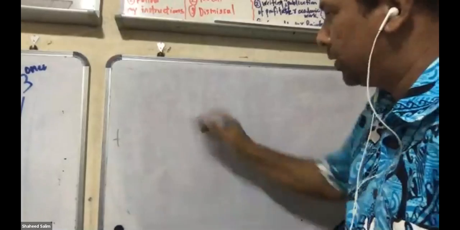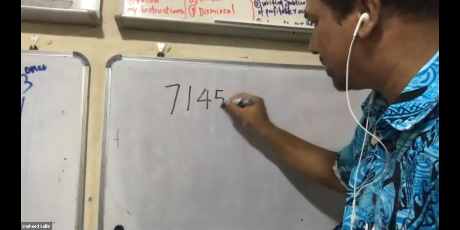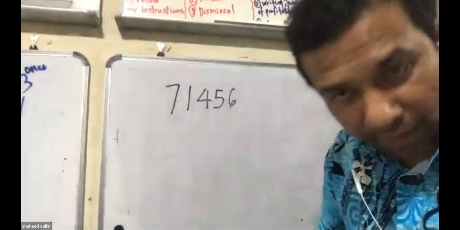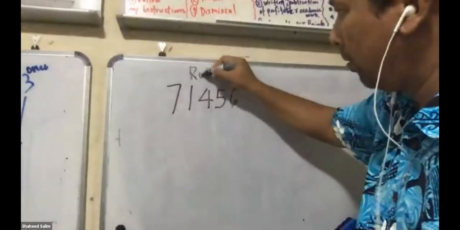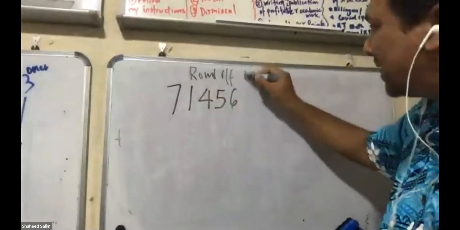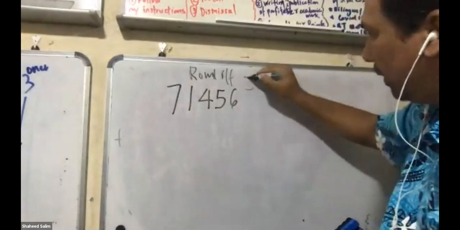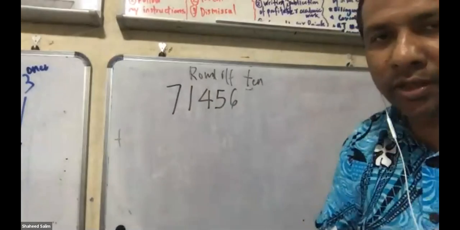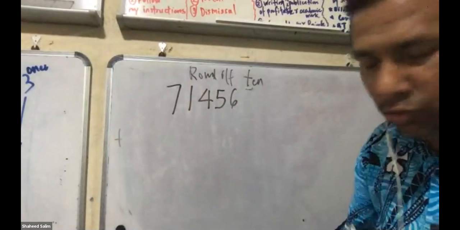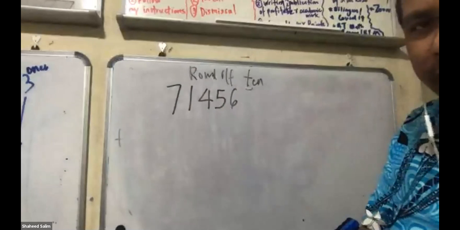Here we go. 7, 1, 4. Copy this. Okay, are we ready? Round off. Don't need to copy round off. You just do the number to the nearest 10. The nearest 10. First of all, you know what to do? Yes, never mind. Can scratch your head, no problem. To the nearest 10. Do it, please.